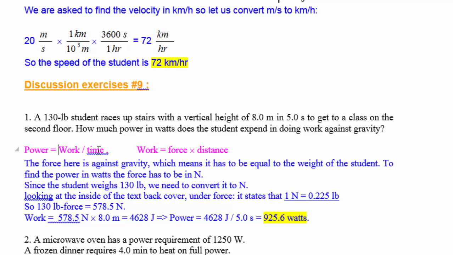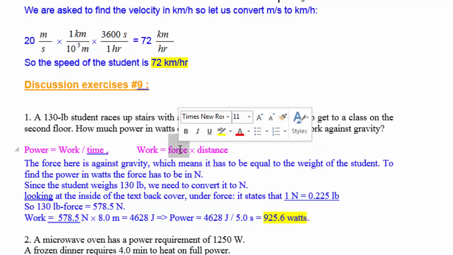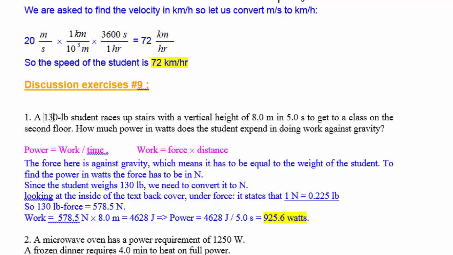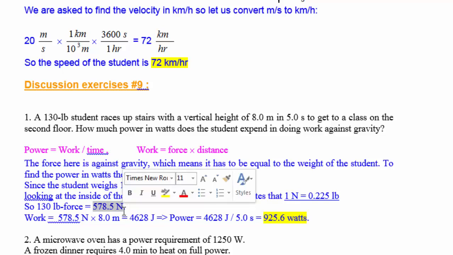If we start with the power is work over time, and to find the work, we have to find the force and multiply it by the distance. Now the force has to be in Newton. To get the work in joules, the force has to be in Newton. So we have to convert 130 pounds to Newton. Here the force is against gravity, so the force has to be equal to the weight of that student. Now we know that 1 Newton is 0.2225 pounds. So to convert 130 pounds to Newton, we have to divide by 0.225. And this will yield 578.5 Newton. So now we have the force that the students need to exert,